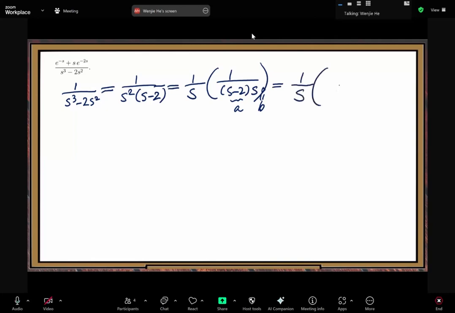All right. S minus 2 minus 1 over s. Then multiply that adjustment fraction. The difference is 2. So 2 at the bottom. So we can get